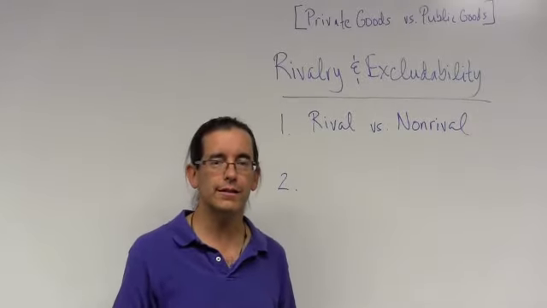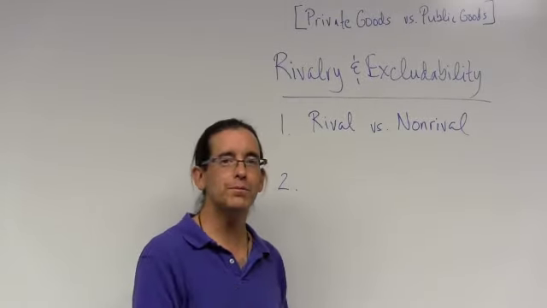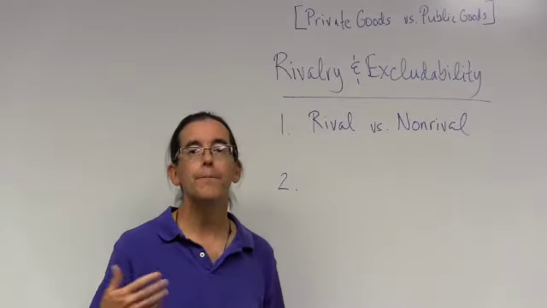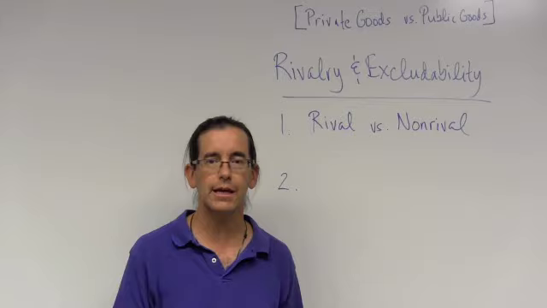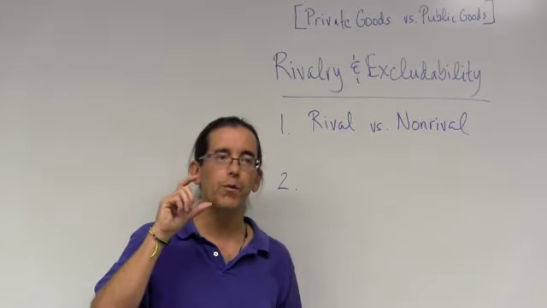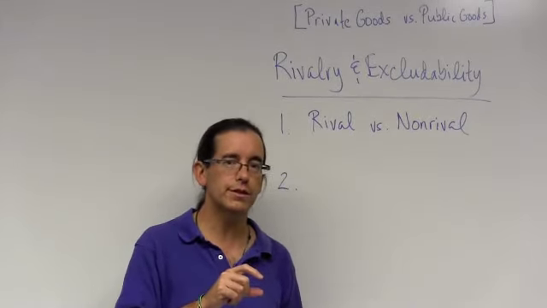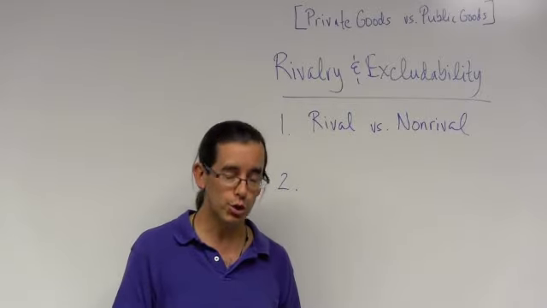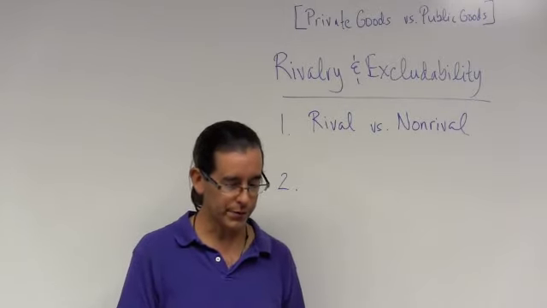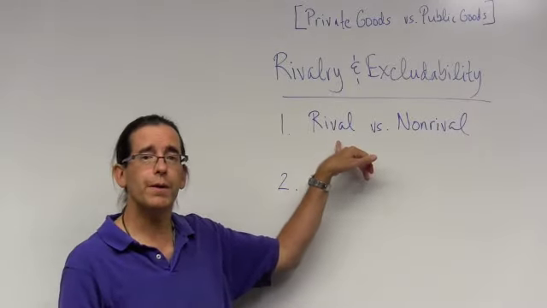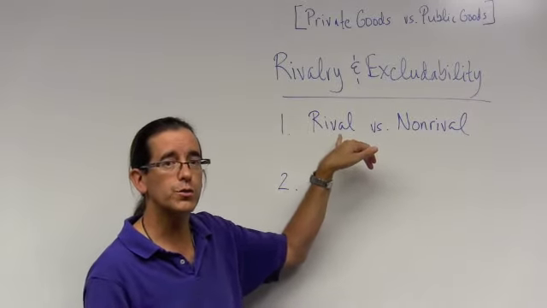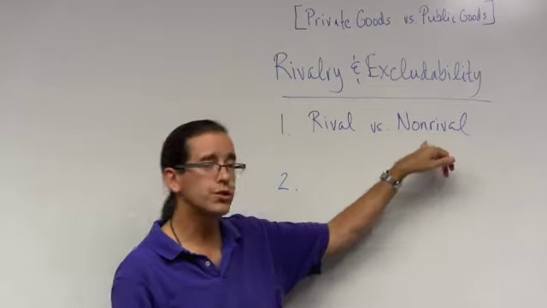Okay? So since they're not tangible, the internet, well, many, many people use the internet at the same time. Many, many people use the ideas of public agricultural research at the same time. So the fact that we have multiple people using those goods at the same time means those goods are non-rival. Anyway, so again, start thinking about the difference between goods which are rival versus goods that are non-rival.